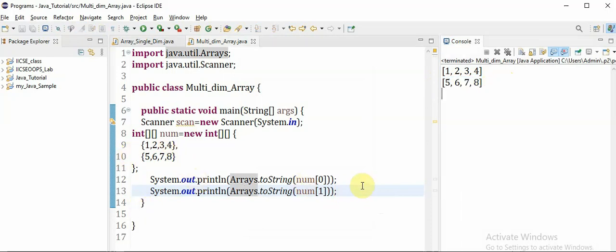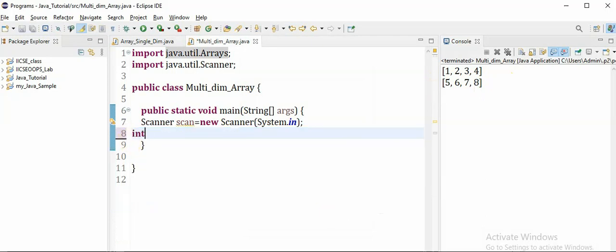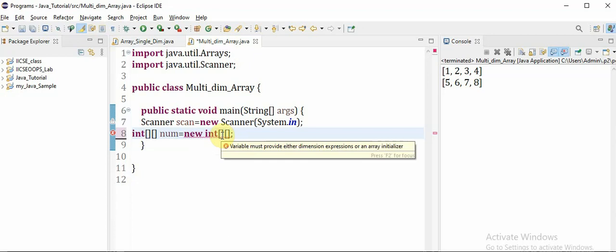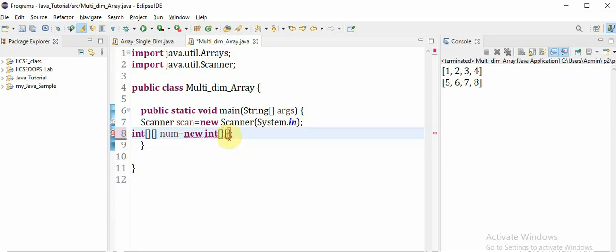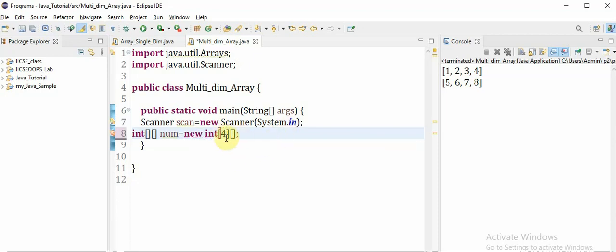One more important piece of information: when I create a 2-dimension array normally, with 2 square brackets, the name of the array equal to the new keyword, and then I say the type and the 2 square brackets, you should remember the first square bracket is for the row and the second square bracket is for the column. When we give the value, it is compulsory that we always mention the number of rows. Once I give the row, the error was gone, right? And there is no need to give the column.